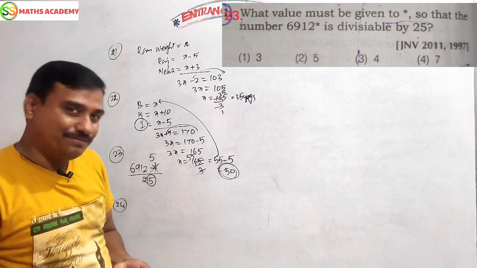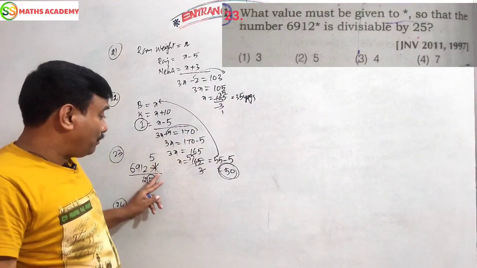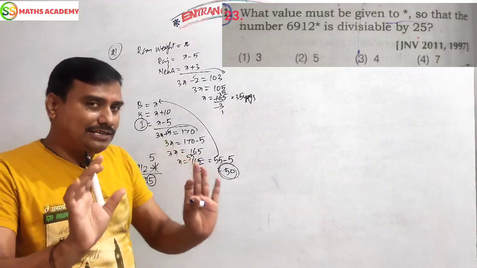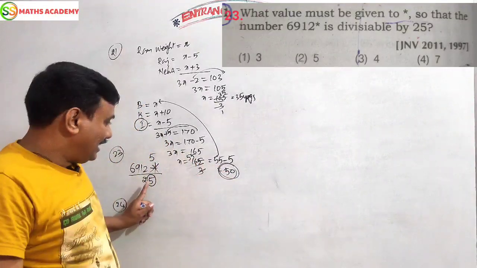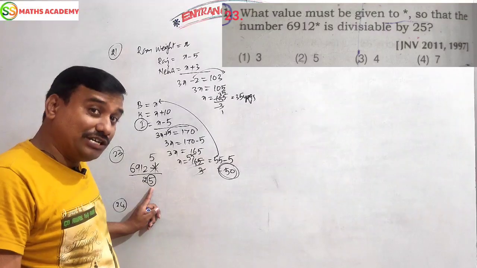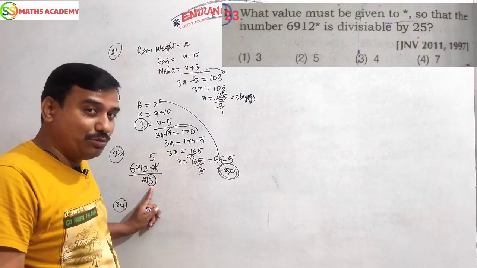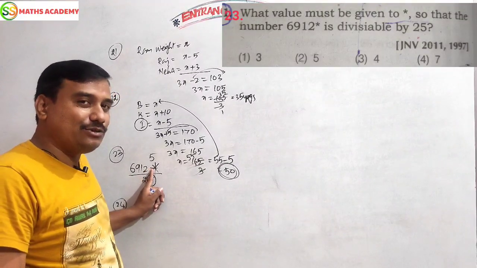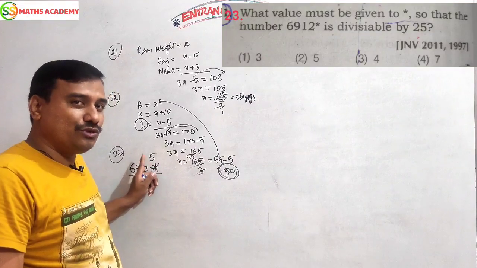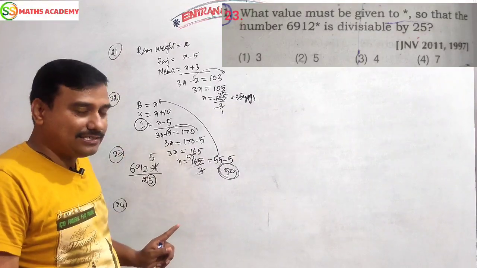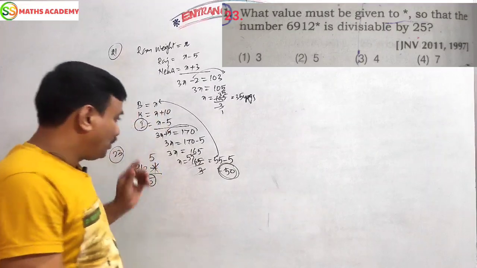How simple it is, Amma? Now don't take the number, don't go with the division. This is a smart technique I am explaining. The denominator 25 has unit digit 5, divisible by 5. The numerator also must have unit digit 5. So you can take 5 as the correct answer. Right? Next, question number 24.